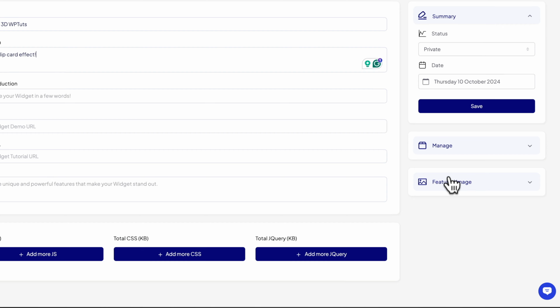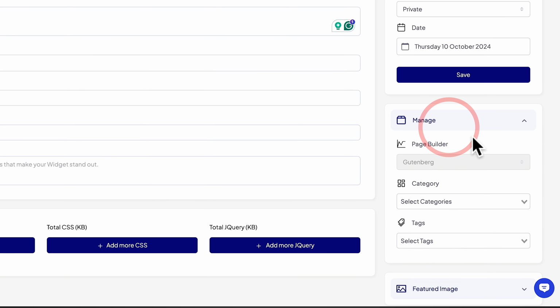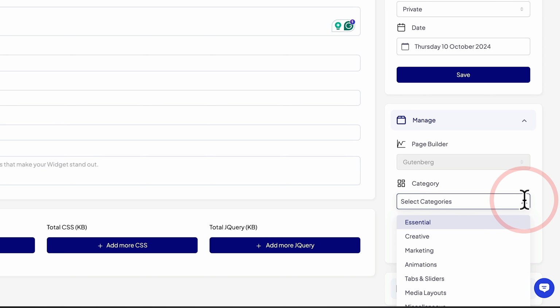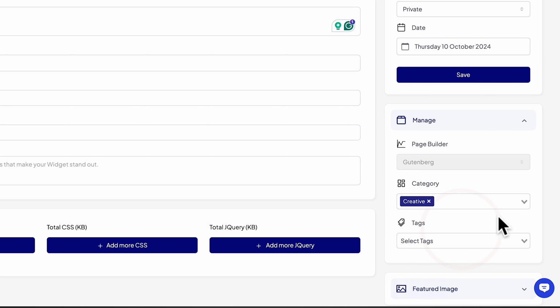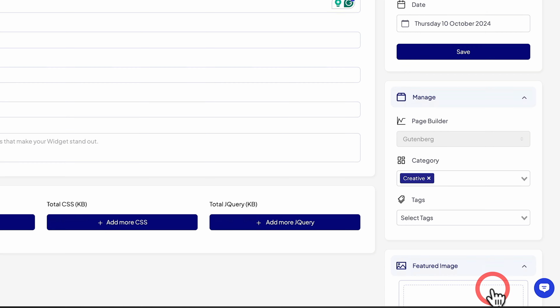So again, if you're handing this off to clients, it could be useful that they can see this inside their dashboard so they could add it in themselves. There is a tutorial as well to show you exactly how to use it. You get the idea. You can apply a featured image if you want to. You can also manage this for what exactly it's relating to, what page builder, what category it's in, for example. So maybe inside creative, apply tags if you want to,